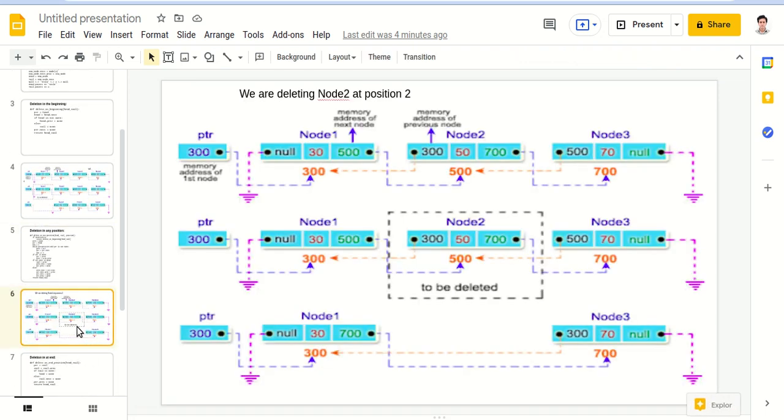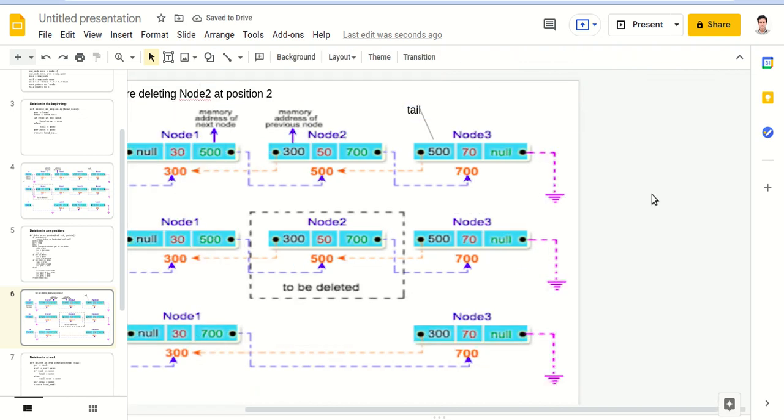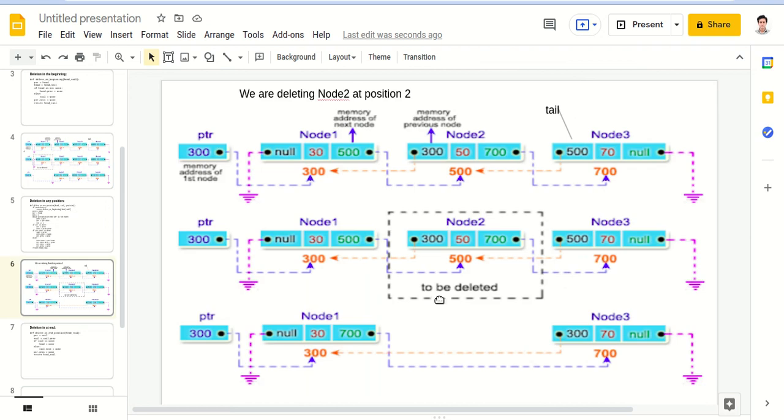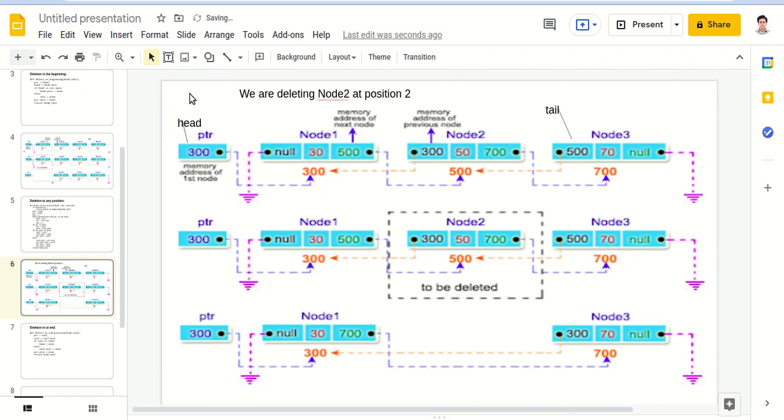Let's see the diagrammatic representation. In this case also we need to point this as tail. This one is the head pointer, this one is the tail pointer.